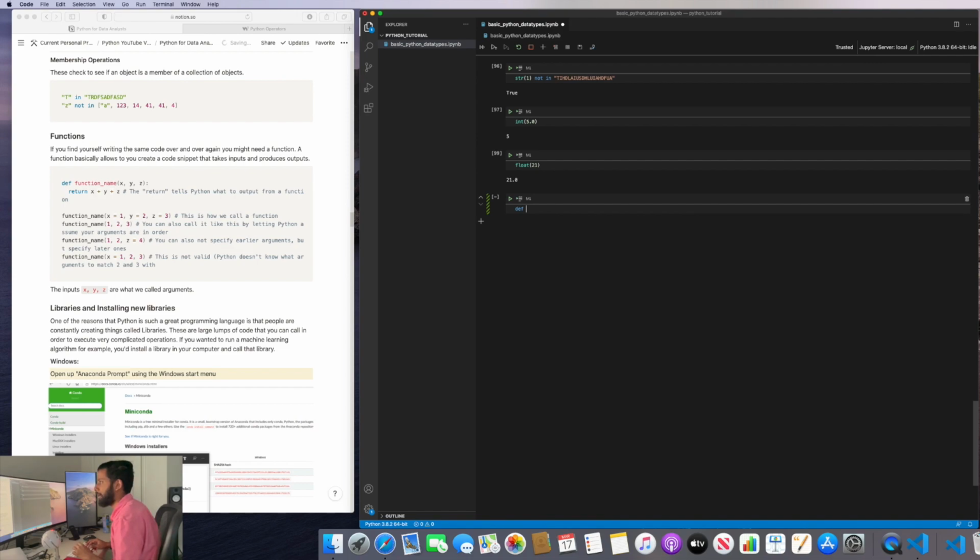I think it means define. We'll call ours function underscore name. Underscores are just good practice inside Python. Make sure you don't have spaces, because it won't recognize that as one entity. When you have a space over here, this isn't recognized as one entity. So use underscores for everything. And then let's go X, Y, Z, and I'll explain this in a minute. Return X plus Y